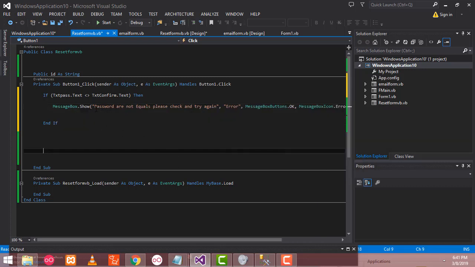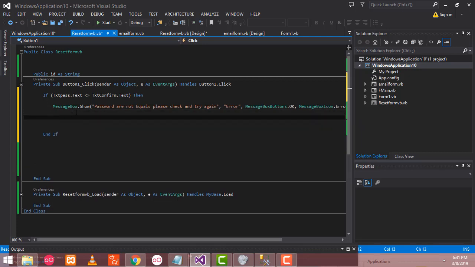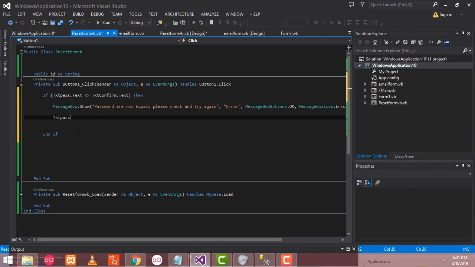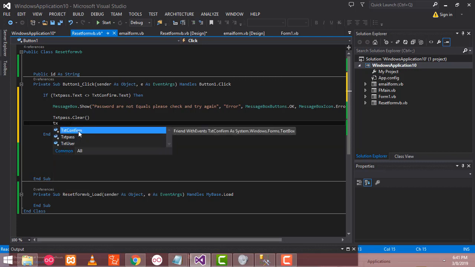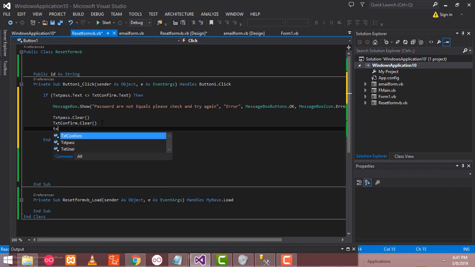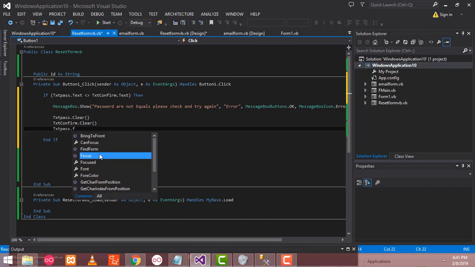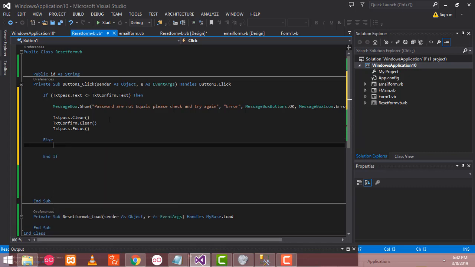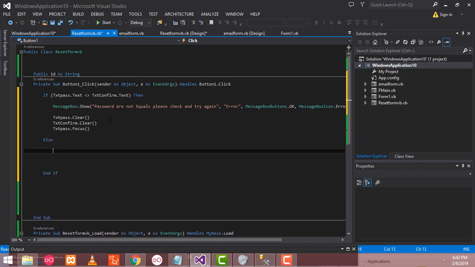After that, we have to clear them. So txt pass dot clear, txt confirm dot clear. If both do not match, the text boxes are cleared, and focus goes back to enter the password again, dot focus. Right, after that, else, if both match, what I'm going to do is